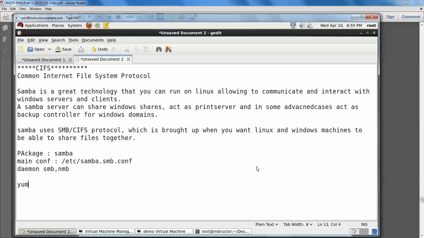To install this package, yum install samba. There we can provide the group and print shares, everything in that configuration file. Okay, now we can configure Samba. We'll see now.